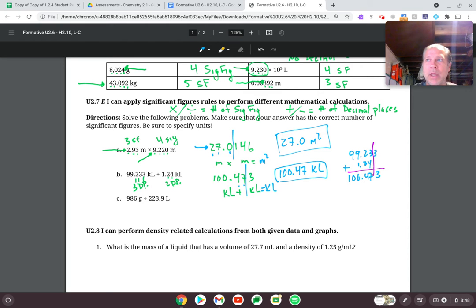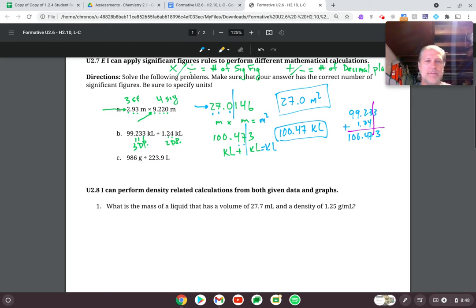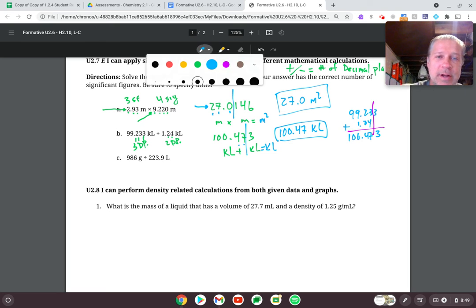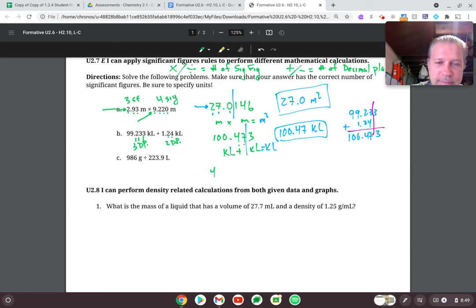The next one is multiplication and division, because we're dividing. So I took my 986 divided by 233.9, and the calculator answer that I got was 4.403751675. And again, because we are using significant figures in multiplication and division here, the final answer is going to be based